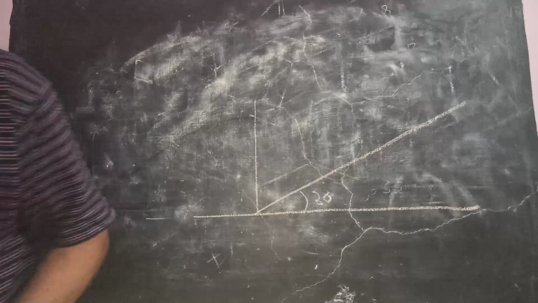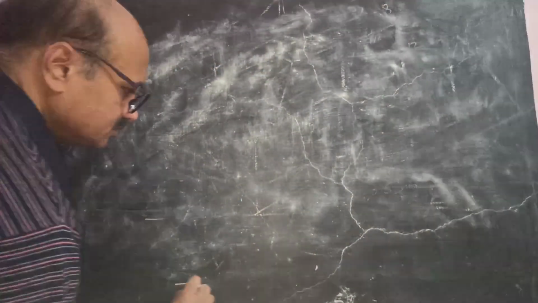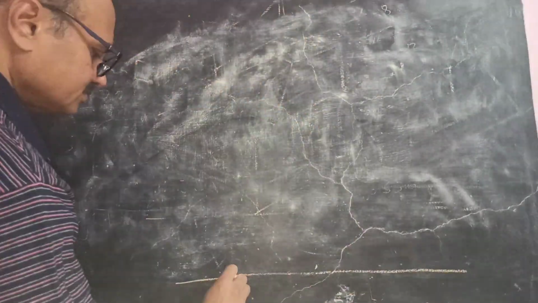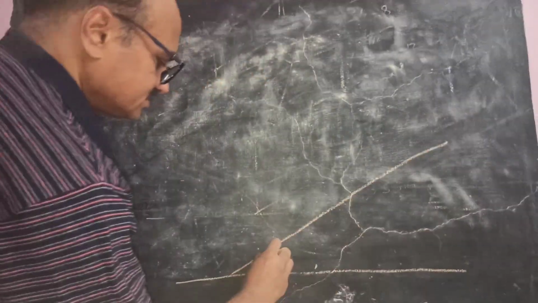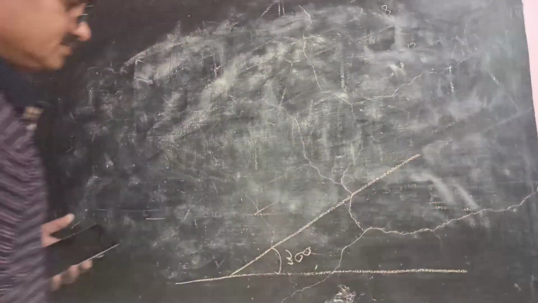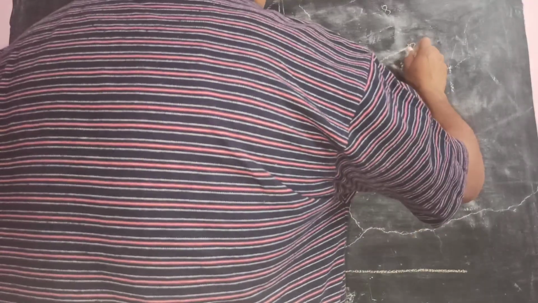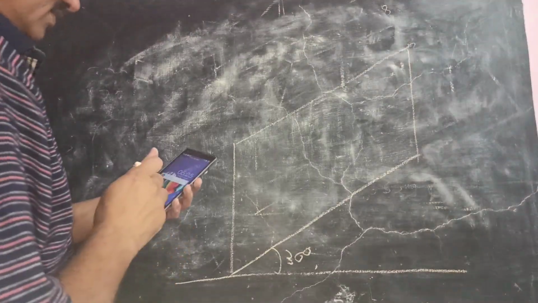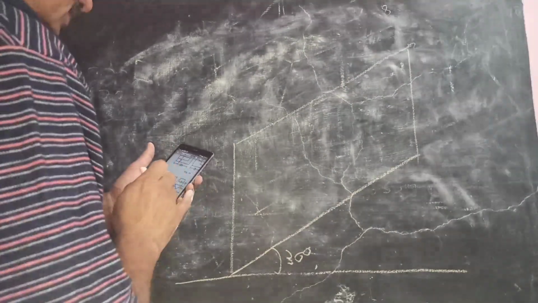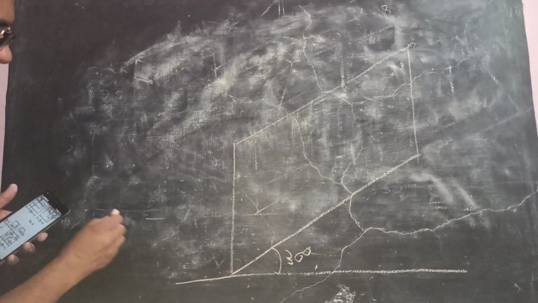I will just draw it somewhat below. So this is the horizontal line. Then this is the line at 30 degrees. Always take it as 30 degrees. This length is 75, the height is 32. And the total width of this is given in the side view, that is 50. So this is 50.